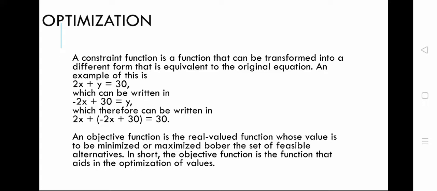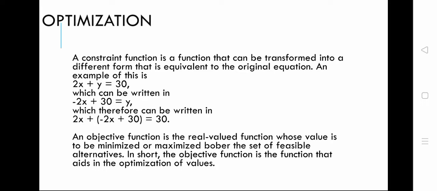A constraint function is a function that can be transformed into a different form that is equivalent to the original equation also. So parang ito yung equation na pwede mo i-manipulate with still having the same values pero iba na yung form. An example of which is 2x plus y equals 30, which also can be written as negative 2x plus 30 equals y, which further can be written in the form 2x plus the quantity negative 2x plus 30 equals 30. So mapapansin natin na nagkaroon na yung original function or equation in two variables, which is x and y, pero nagkaroon tayo ng chance na ma-manipulate siya and nagkaroon tayo ng equation with one variable, with still being equal to